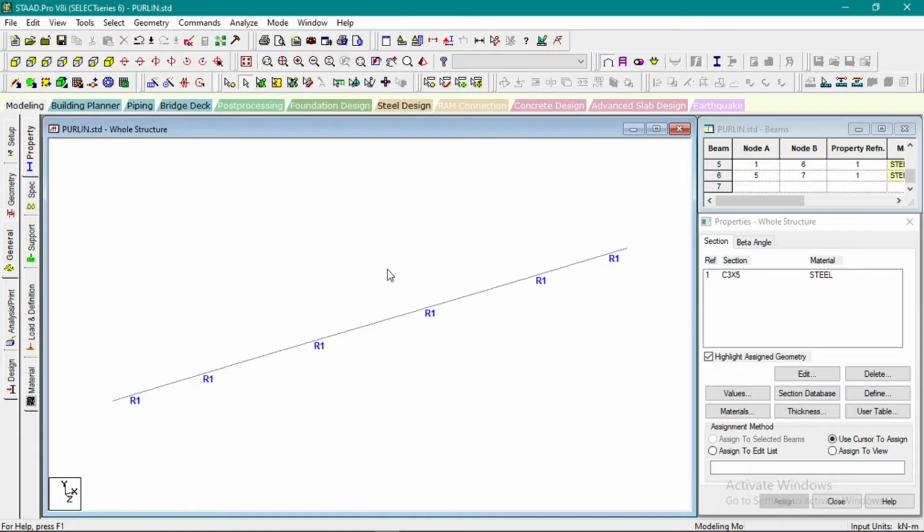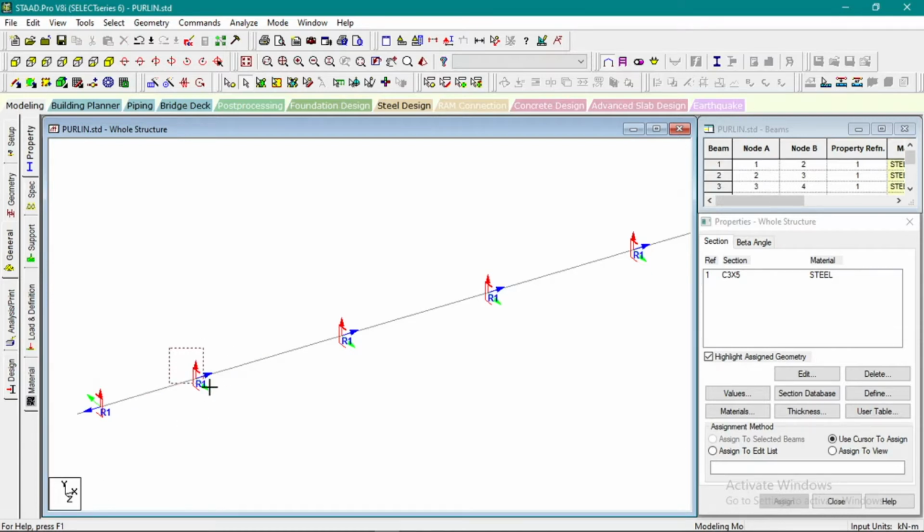Kasi, ito kasi. So, every member, meron niyang local coordinates. So, yan yun. Ito yung global coordinate. Yung local, every member, merong local. And every member, pag nag-a-assign ka ng beams, let's say,